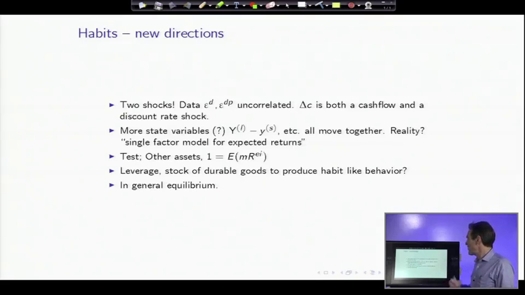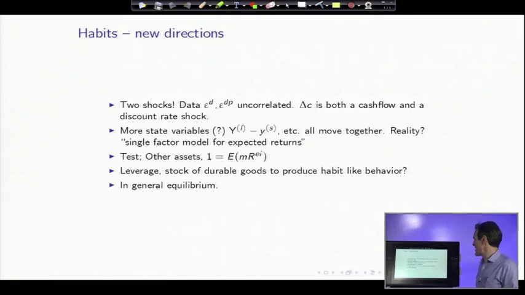In the world, we need more state variables. Our model has one state variable, the surplus consumption ratio, so everything moves together. Yield spreads and dividend yields all move 1-for-1. What is that in reality? How many different dimensions of expected returns are there? I don't know, that's a good question. And then the models need to replicate the dimensions, surely more than one, surely, I hope not too many, of expected returns. This model is a simulation model.